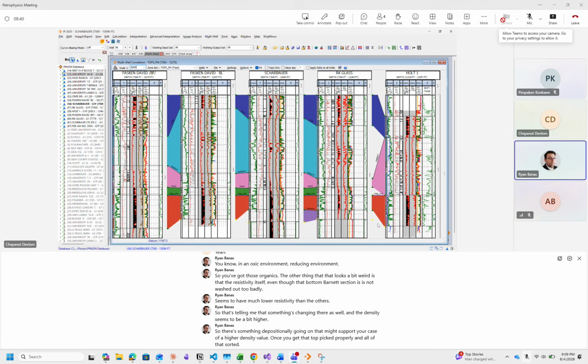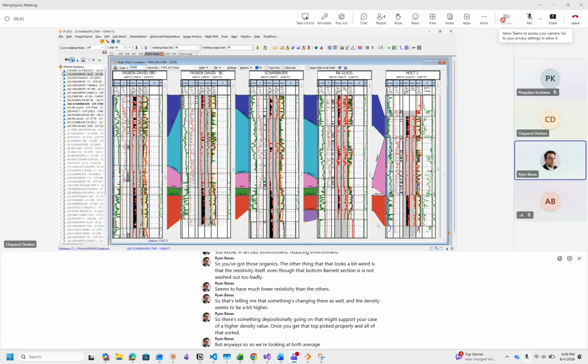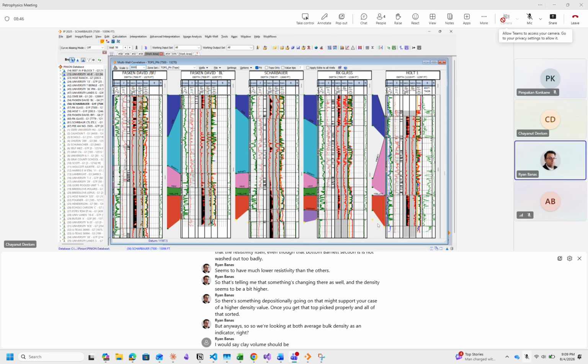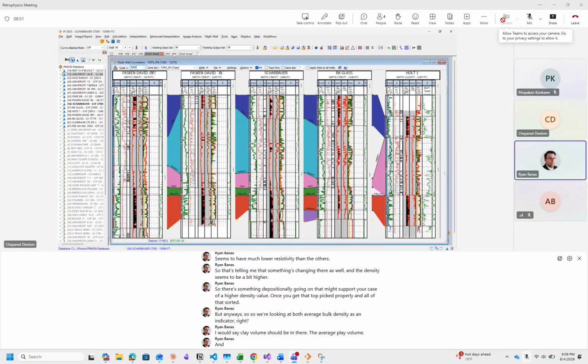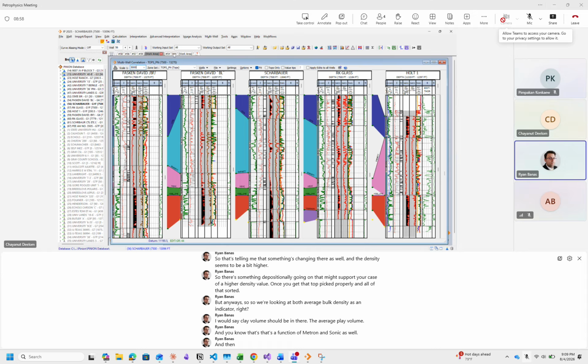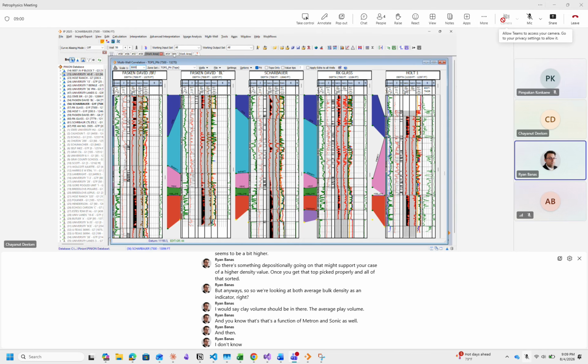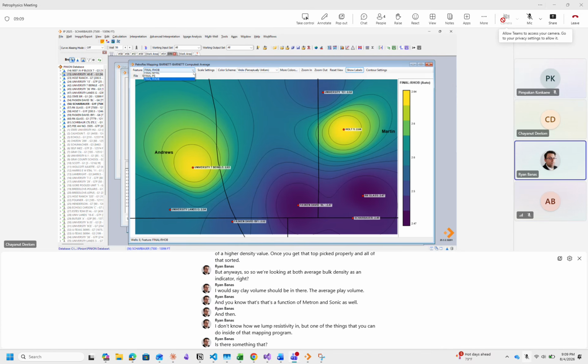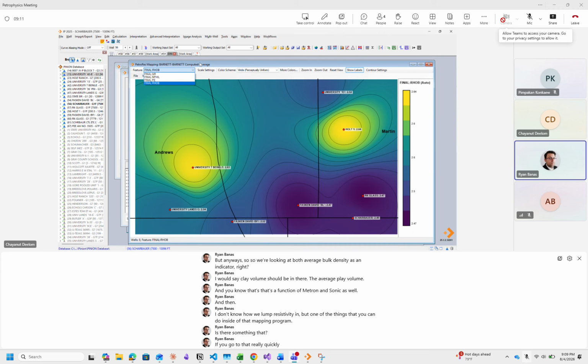But anyways, so we're looking at average bulk density as an indicator, right? I would say clay volume should be in there, the average clay volume. And you know, that's a function of neutron and sonic as well. And then I don't know how we lump resistivity in, but one of the things that you can do inside of that mapping program is there something that if you go to that really quickly